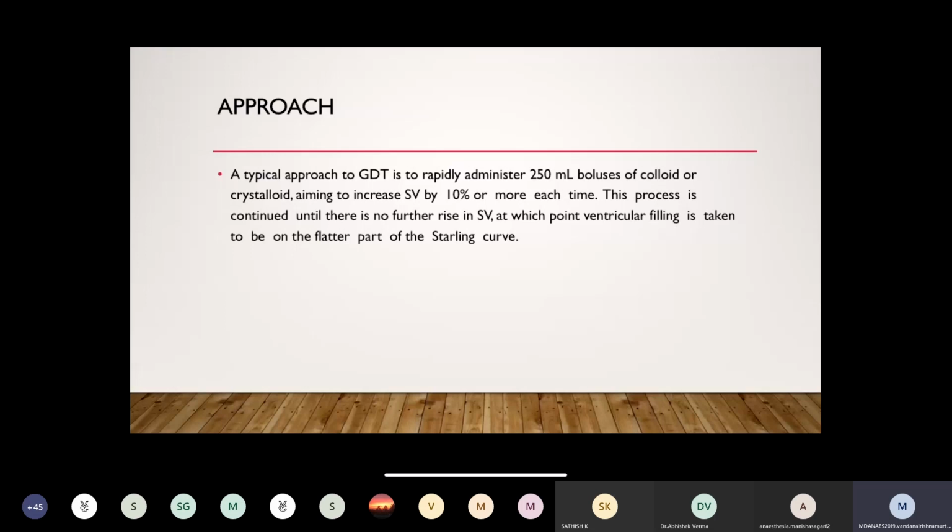If FTc increases to more than 400 milliseconds, then you must again monitor the FTc and SV. If FTc again decreases or stroke volume decreases by more than 10%, again we must start the fluid colloid challenge. If there is no FTc increase and SV increases by more than 10% since the previous bolus or measurement, then again we must give the colloid challenge. In conclusion, we must give the colloid challenge until the stroke volume increase is no more than 10%, or there is flattening of the Frank-Starling curve.